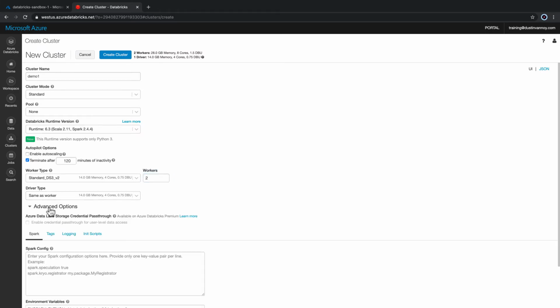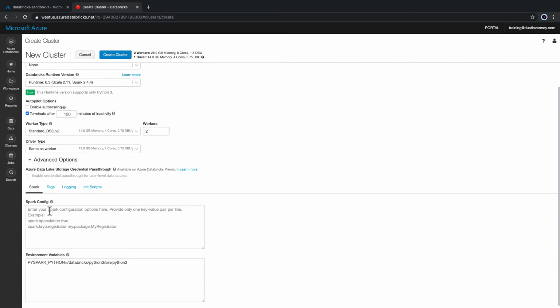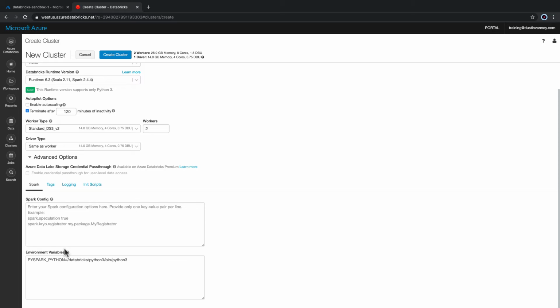Let's check out a few of the advanced options. Data Lake Storage Pass-Through is a good feature, but it is limited to premium workspaces, and you need to take a look at what's supported on those clusters before using it. You may have to add some Spark configs. In production, I often have a couple of these. I'll try and cover those in more of a scripted scenario in the future. And environment variables, the defaults are usually fine to get started, but you might find that you want to reference things like key vault secrets,